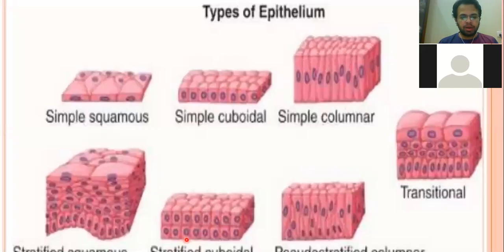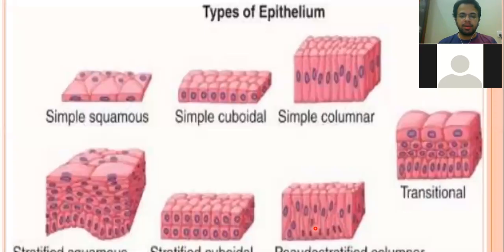Now this is also a type of epithelium. This is one layer. This is another layer. You can see the nucleus is in two layers, and this looks like the cuboidal shape. Therefore we say that this is a stratified cuboidal. Multiple layer, stratified shape. जो टॉप की है उसको आप नाम दे दें नीचे। Then there are also some other types of epithelium. One type of epithelium is known as the pseudo stratified epithelium.